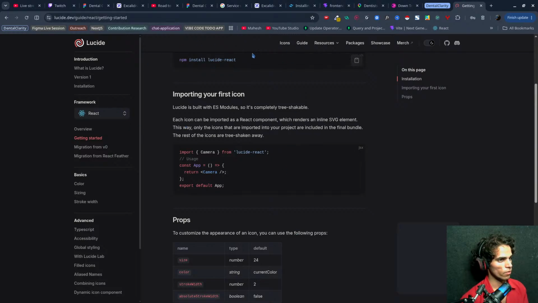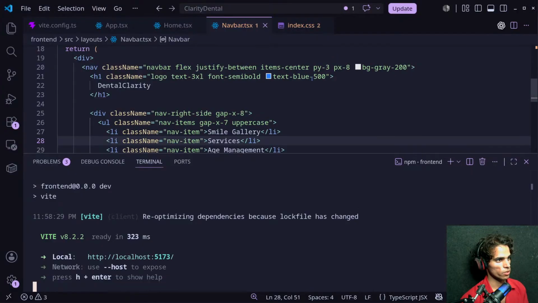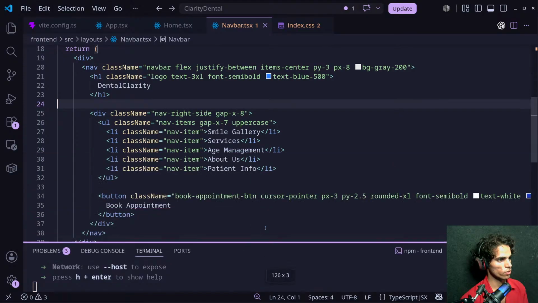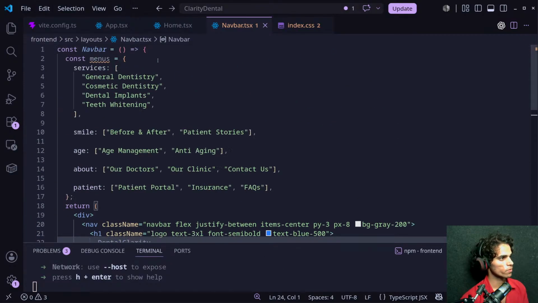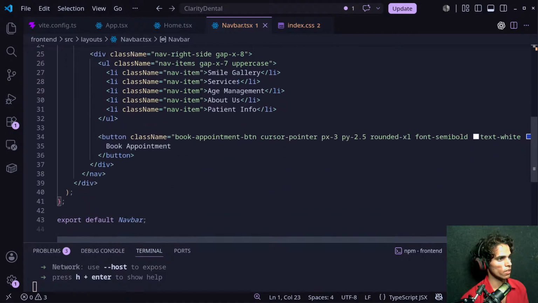And now I want to import the drop down menu. So what we are going to do, I would like to use drop down.